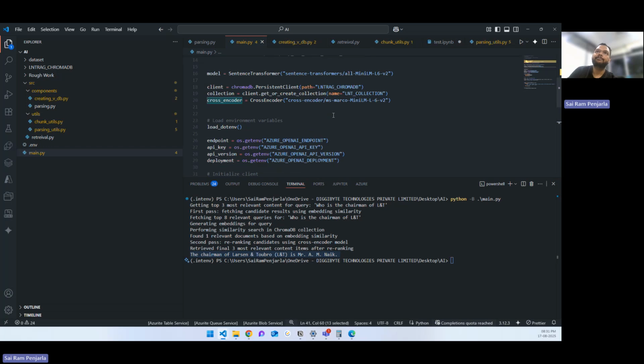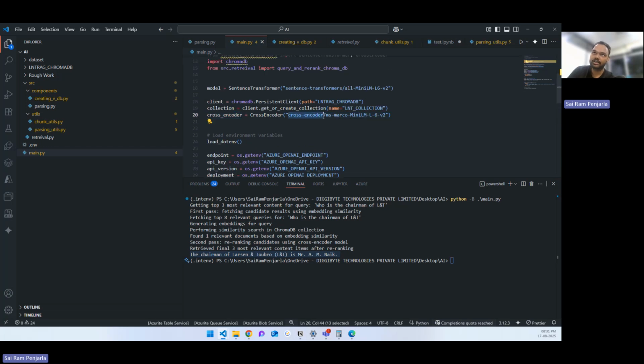Cross encoder. Yeah. So we have used this cross encoder. But sometimes what happens is if your embedding model and your cross encoder, the re-ranking model, are not in proper tune, then the chances are it will get rid of chunks which might contain the actual information that you're looking for. To avoid those kinds of situations, we need to make sure that your embedding model and your